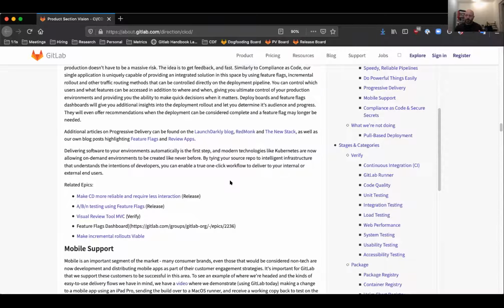GitLab can enable this, because we have review apps and nobody else has that, because we have feature flags in the product now, because we can tie those to issues and we can track how things are going per environment, which we have as well. And we can incrementally roll out to all of those. We can do targeting using feature flags to individual users or different segments. You're able to have an incredible amount of control and safely deliver changes to your production environments without really